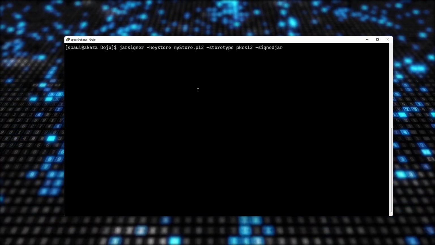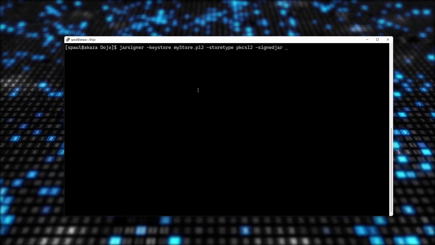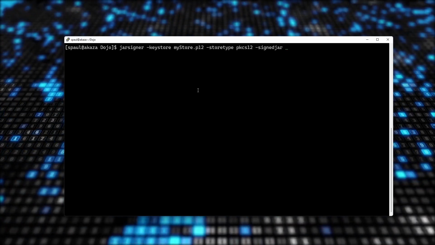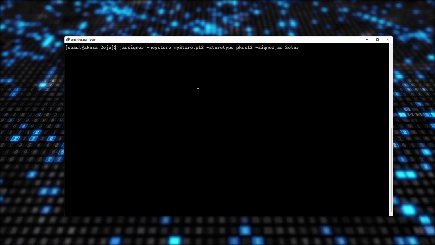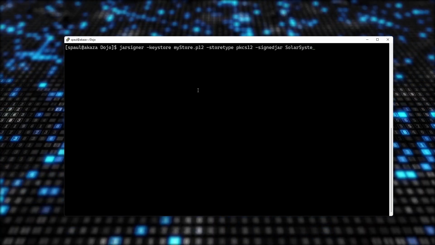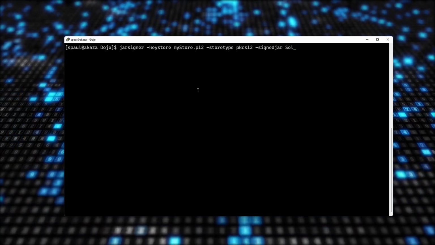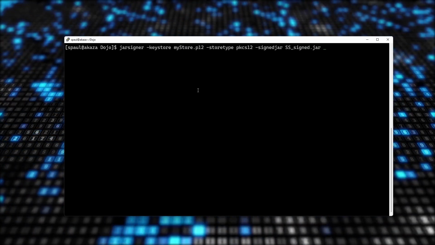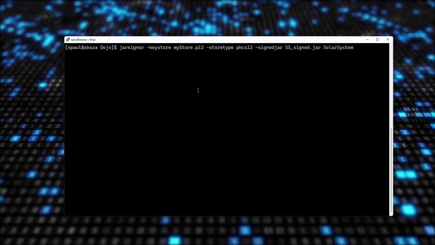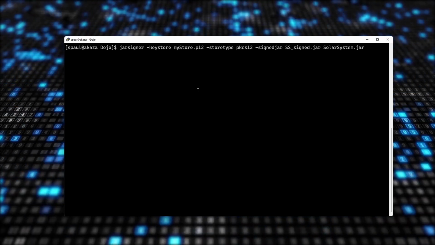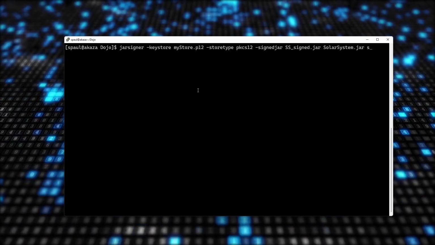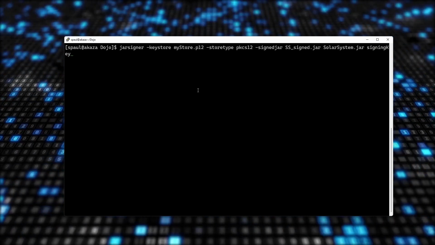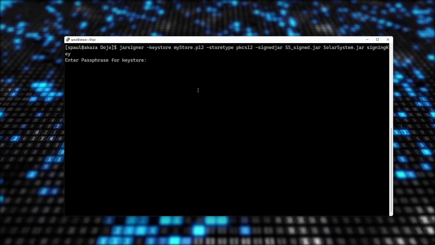With this option, you can just give a new name that you want to use for a signed jar. For example, I'll just use a short name, so ss-signed.jar, and we have the original file, which is solarsystem.jar, and the alias, which is signingkey. Hit enter,